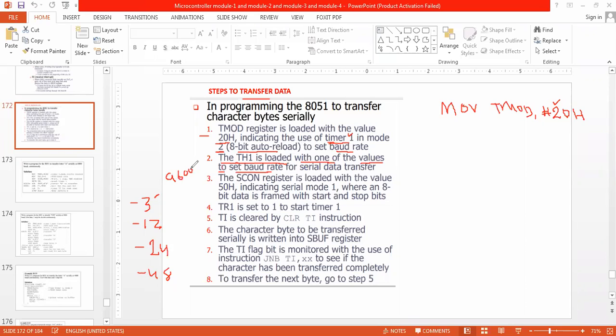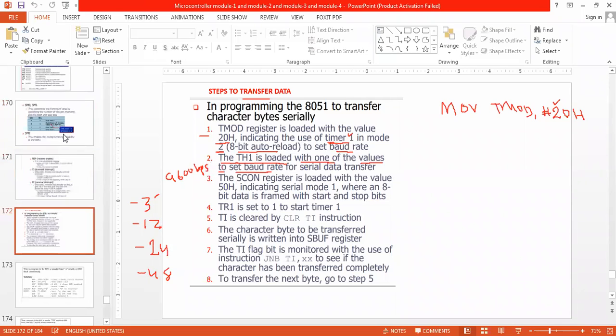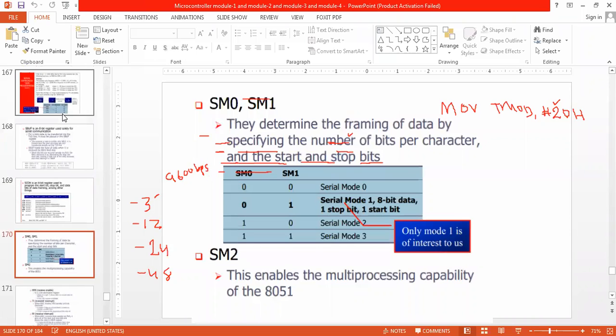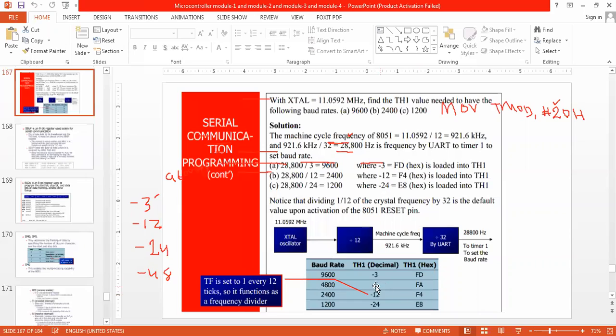Let us see that. Yes, -3 is a 9600 bits per second baud rate. -6 is 4800, -12 is 2400, -24 is 1200.